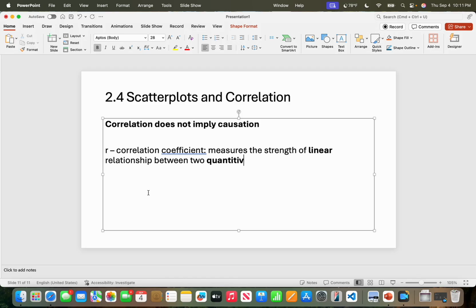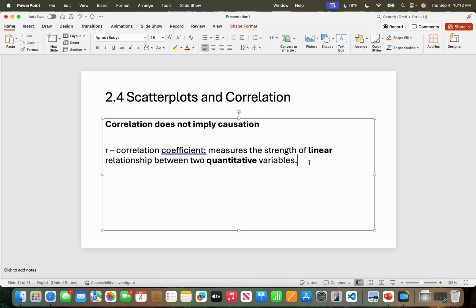We talked about that a little bit, quantitative versus categorical. It measures the strength of the linear relationship